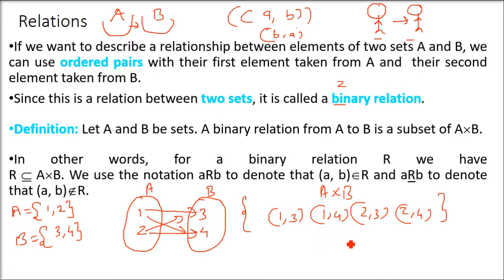Now in this A cross B, we can take one of these members, two at a time, three at a time, or all four. All of these are subsets of this Cartesian product, and they are nothing but relations. A relation will have some definition, which we'll talk about in just a bit. So (1,4) is a proper subset of this A cross B, and A is related to B because 1 is in A and 4 is in B.